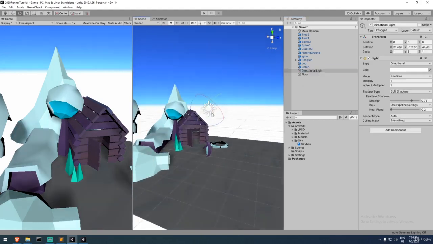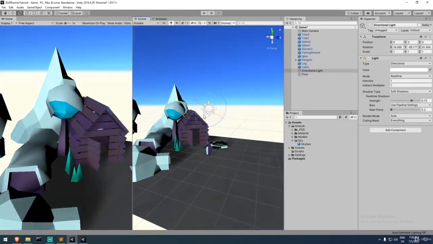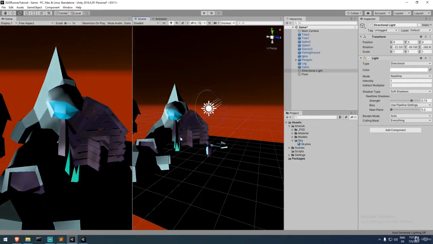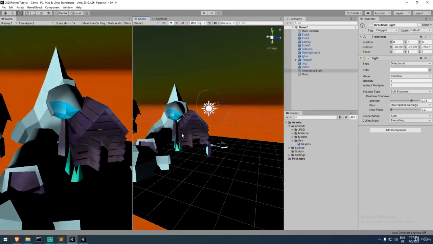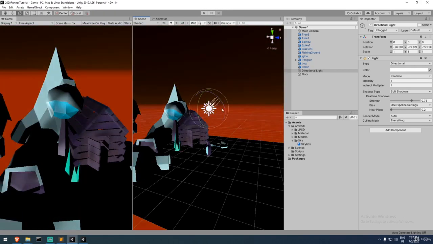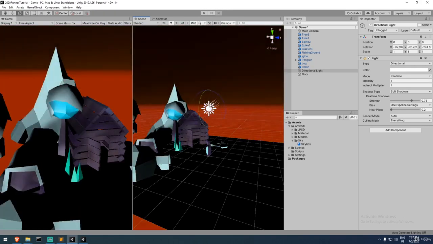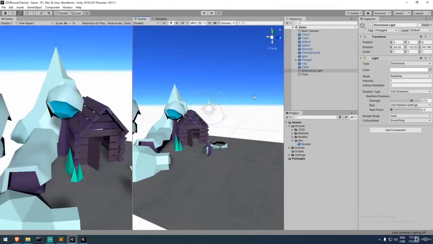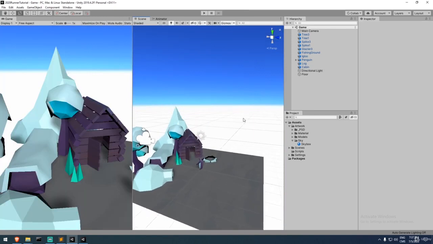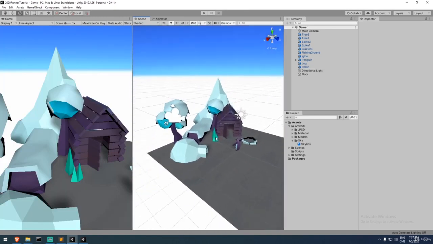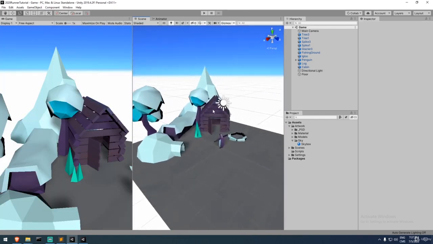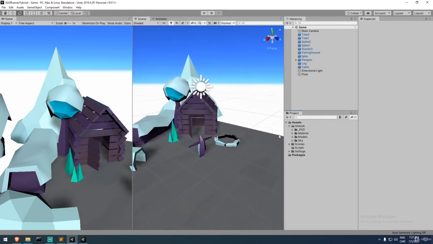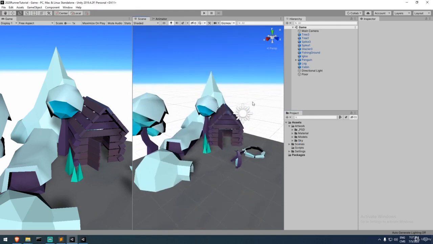If you do modify the angle of the sun, though, you're going to see that it shifts quite a lot. It can look very weird, but at the same time, it can give you some really nice effect at the end of the game. Maybe if you run for long enough, you could go to hell or something. I don't know. But that being said, let's save this, and we have a much better feel with this game already. We have much better colors, much better ambience, and that is actually where we're going to wrap up this one. And I'll see you